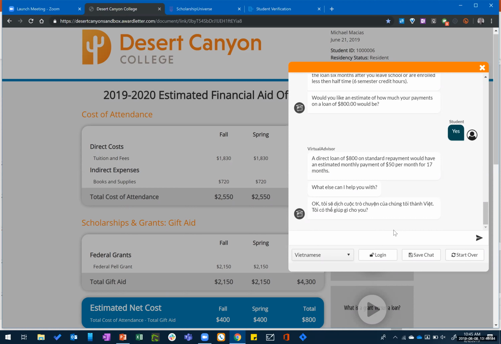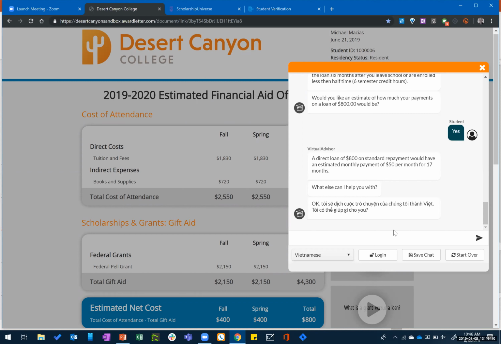And could you describe the process of training the VirtualAdvisor? Yeah, so the actual details of training the VirtualAdvisor are still being ironed out as far as what the interface will look like, but the system will log both questions that the bot could not answer, so that you can train it to an answer.